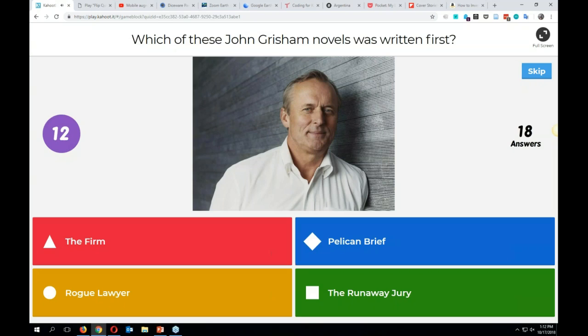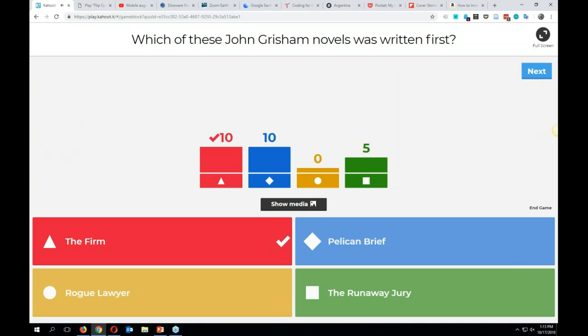I'm probably a bad librarian, but I've never read any John Grisham novels, especially in the law library. I feel like I should read the Pelican Brief or something, but you know, life gets in the way.